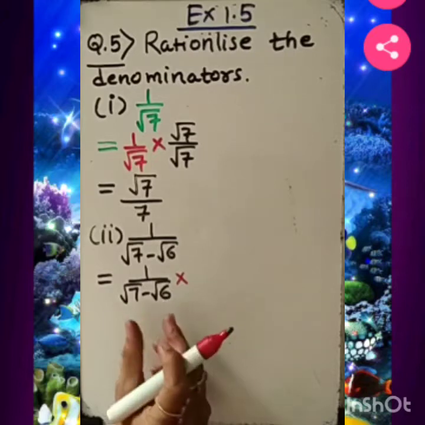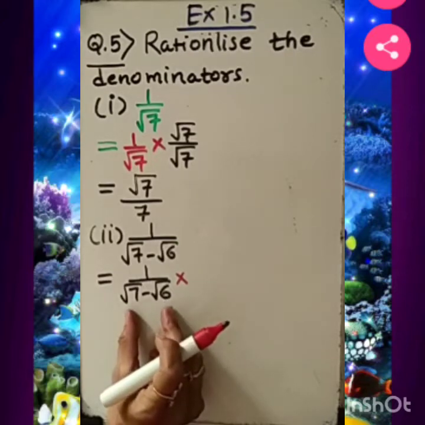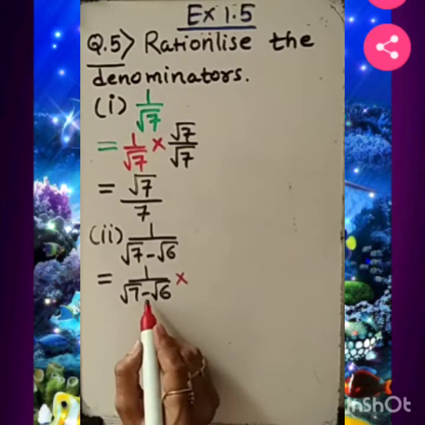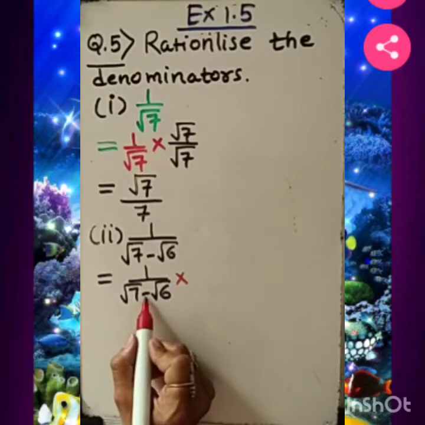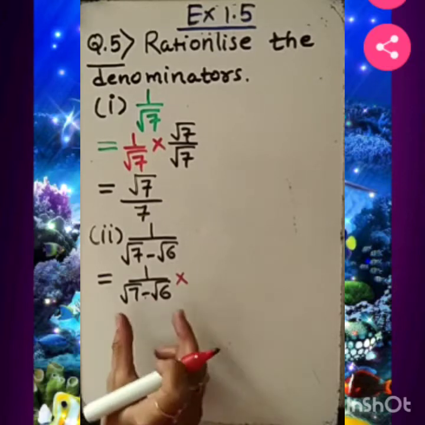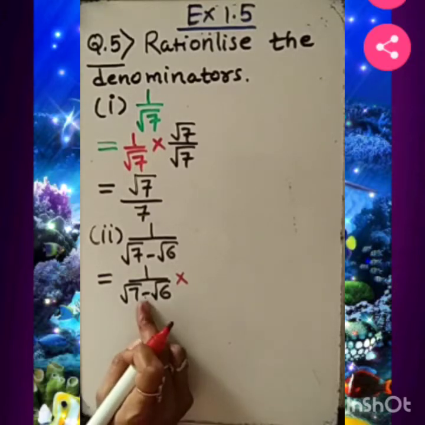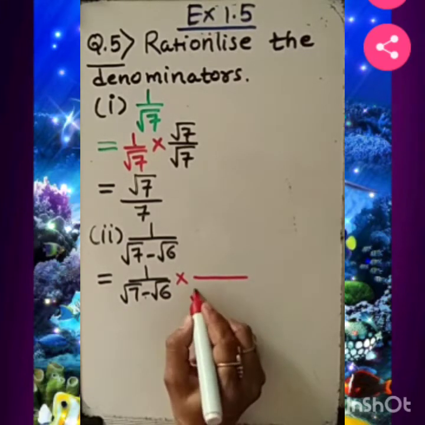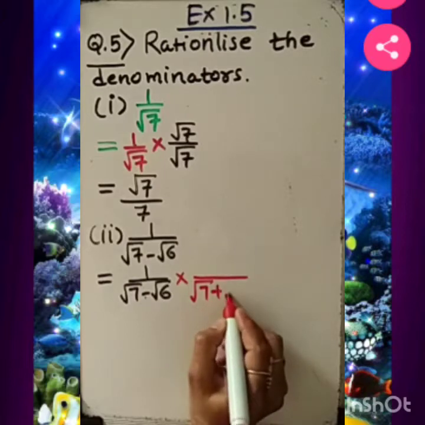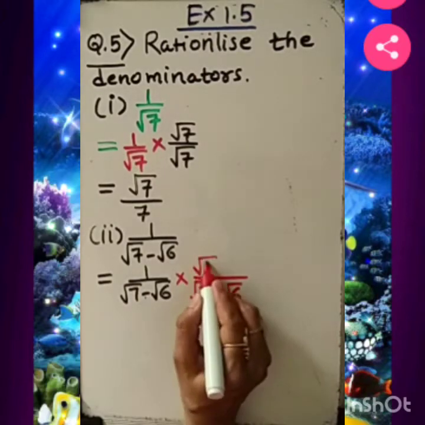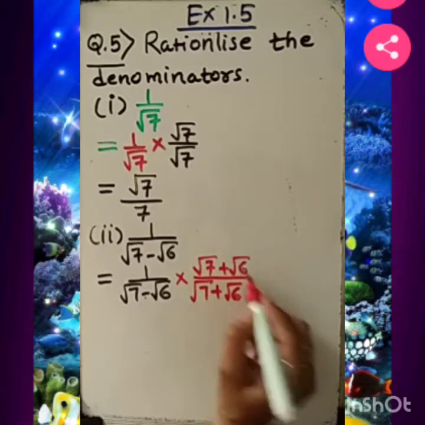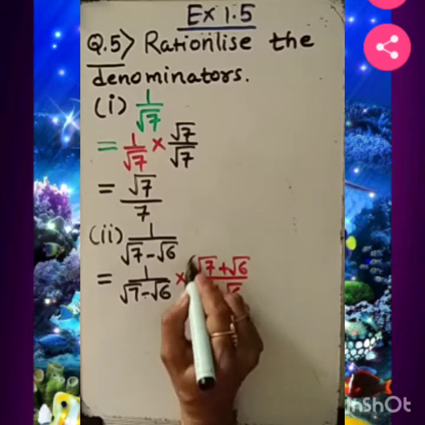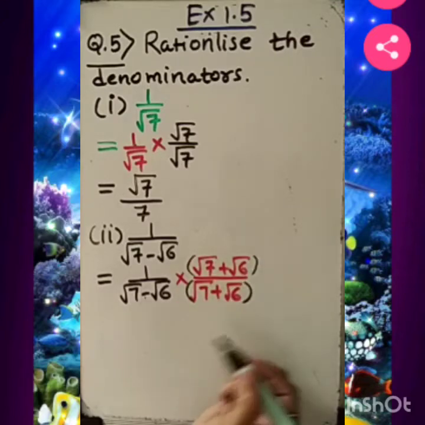Whenever we are given this, this is the way. So how do we rationalize? We generally rationalize with the opposite of it. Please remember, this is the technique. Whatever sign is given between the two irrational numbers in the denominator, when we divide and multiply, we always use the number with the opposite sign, because after all, the simplification of this will remain 1. You can mention it in brackets, no issue.